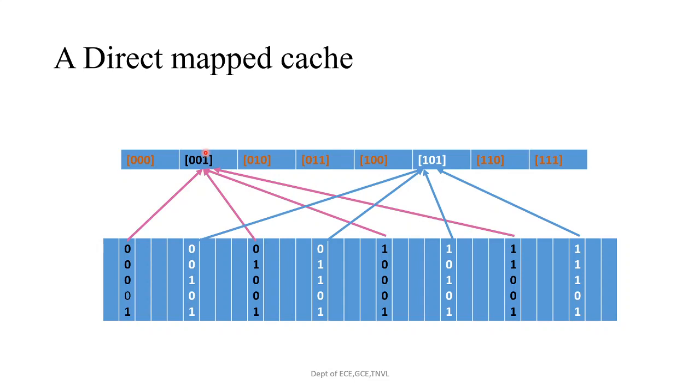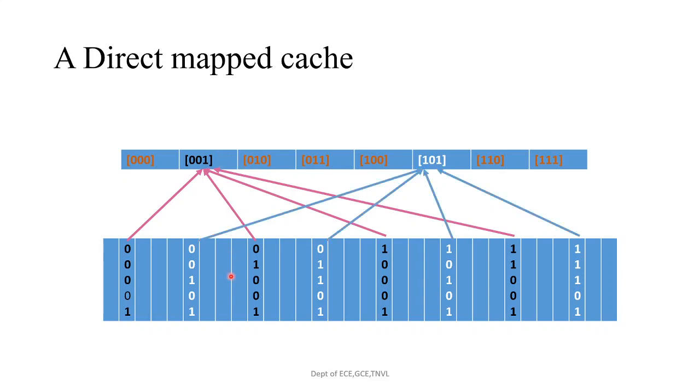And the next thing: if you see this one, expressed with this contrasting color, the lower order 3 bits for all the locations are 101. Hence, all 4 locations, that is 00101, 01101, 10101, and 11101, all map to the 101 location. Hence, we can just take the log 2 of lower order bits in the memory address. That alone gives the mapping to the cache memory.